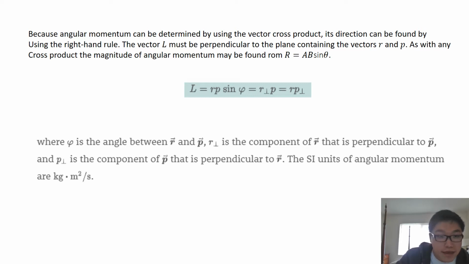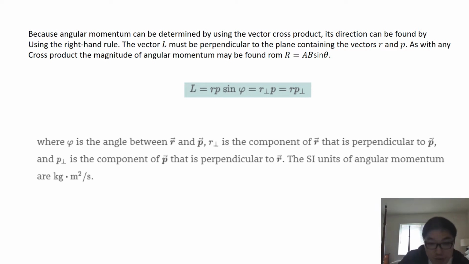As with any cross product, the magnitude may be found by C equal to A times B sine theta, so the angular momentum is equal to r p sine